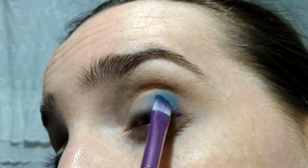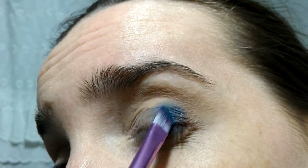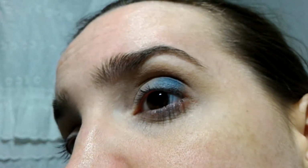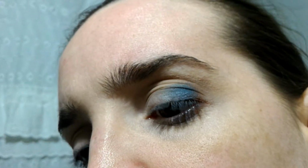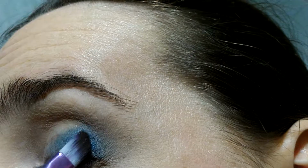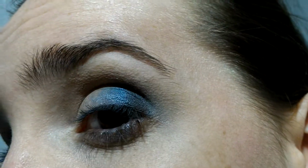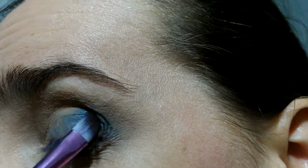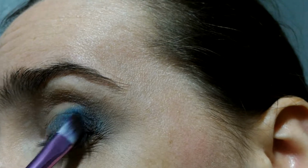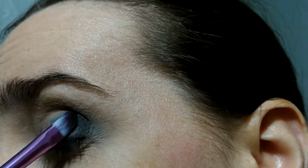But I want it like this. Like there. This is kind of a good dark turquoise. So now I will go back to that brown, and let me first do this eye that I didn't do, and I will go for the darkest brown right in the outer corner there. I just saw that I got more intensity to the other side, so I decided to go back to that dark turquoise, but it was not darkest. So now the brown, the other eye I just did, and now I'll go back with the turquoise on top,